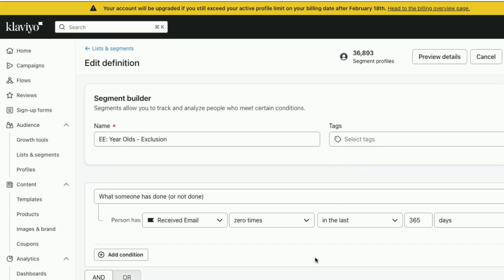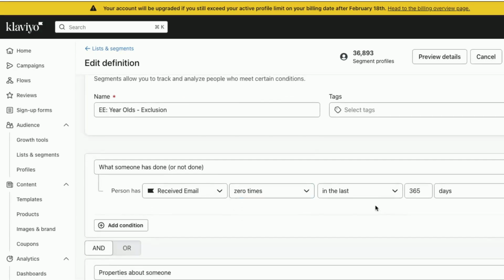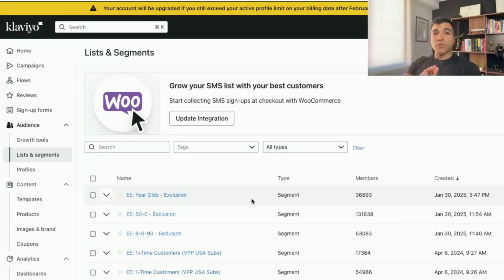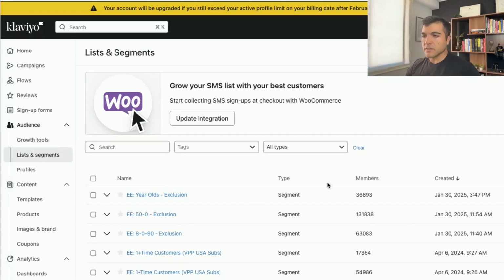So again, for some reason, these people have not been receiving an email. It could be that something is off with the current sync segments. That's most likely the case. In any case, we will create this segment and go through 5 to 10 profiles to see exactly what's happening here. Okay, now that you have those 3 segments created, you will go here, audience, lists and segments,